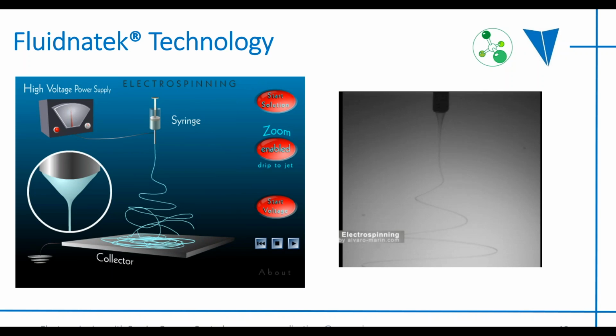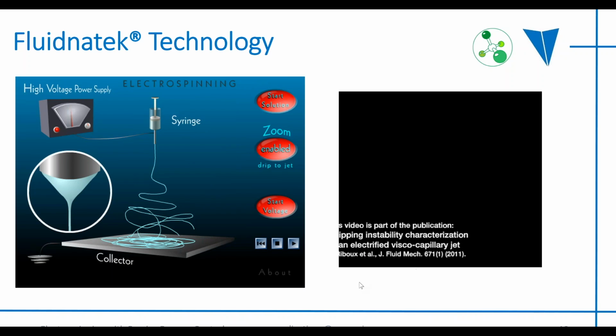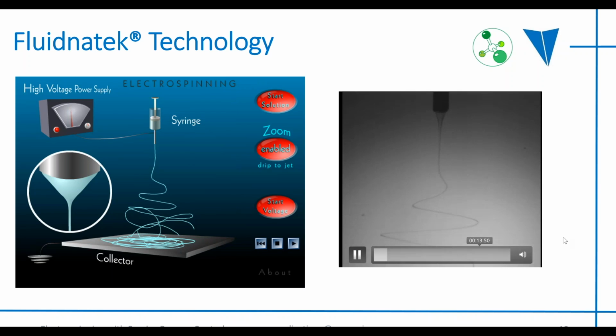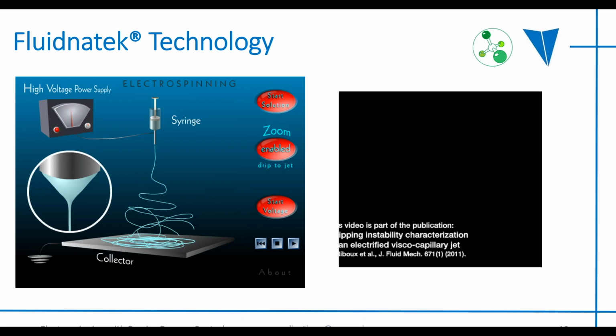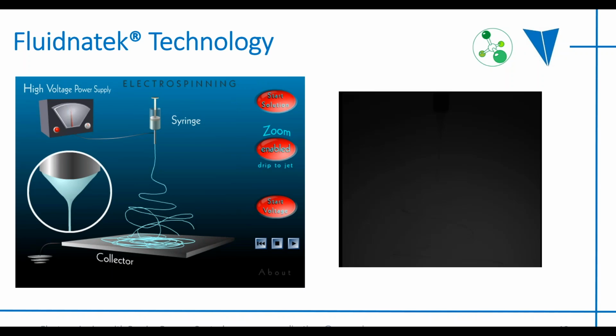So this is just a diagram of an electrospinning setup in its most basic form. So we start off with a polymer or a protein or whatever material you want to produce. You start with dissolving that into a solution or creating a suspension or an emulsion. And we pump that through a capillary needle spinning head, usually using a syringe pump at lab scale or other pumping methods at industrial scale. And then we apply a high voltage to the electrospinning needle. And as the voltage increases, electrostatic repulsive forces